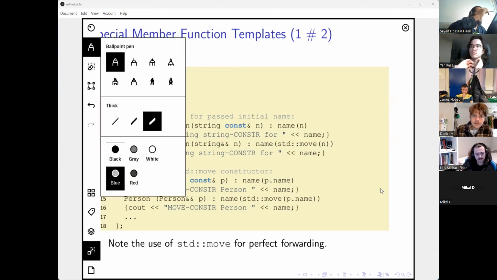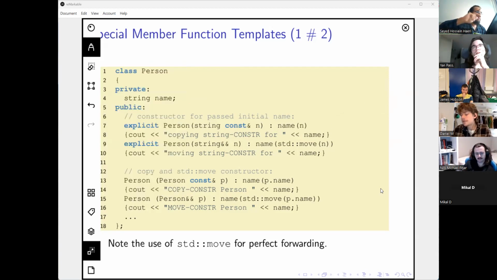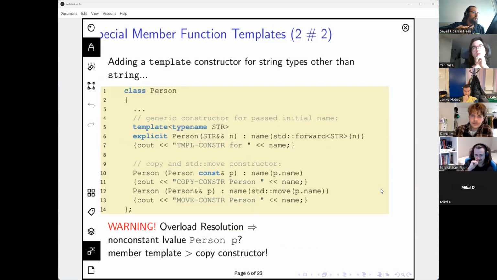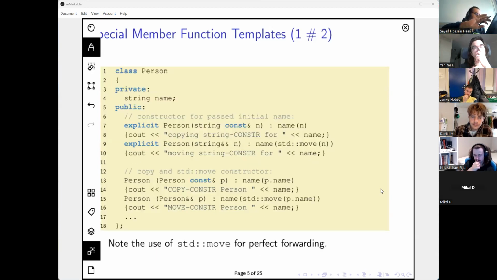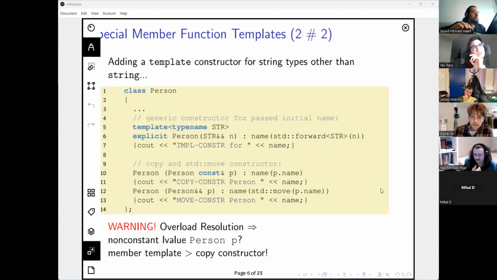Now, let's go back to blue. And now we would like to see instances of when, oh, I don't have instances. Okay. Now, let's say that we added another constructor.